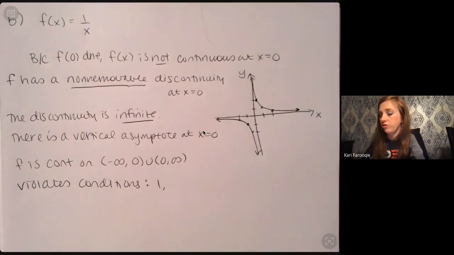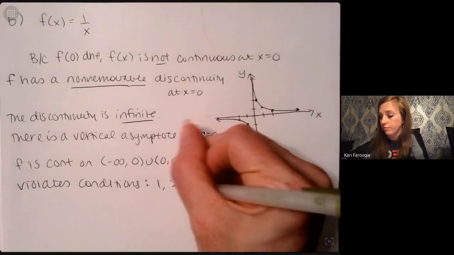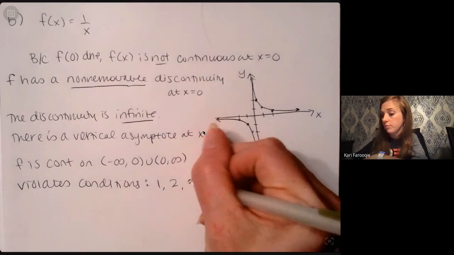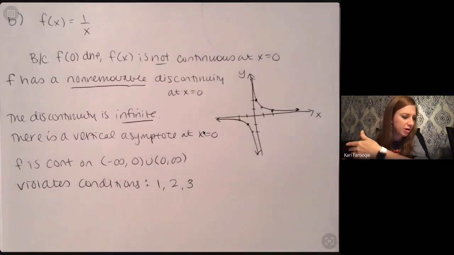Condition 2 is that the limit exists. Well, the limit clearly does not exist at 0. You're not approaching a particular value here as you head towards 0 from the left and from the right. And then clearly, if the limit does not exist, then it can't possibly equal the function value, which also does not exist. So there are some major problems with this when you violate every single condition